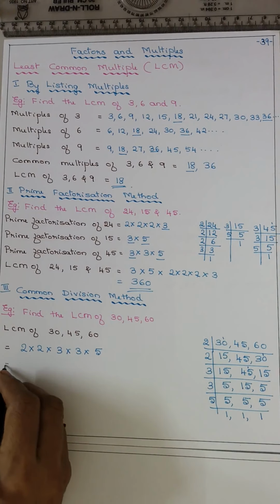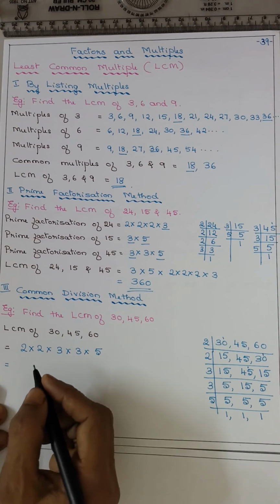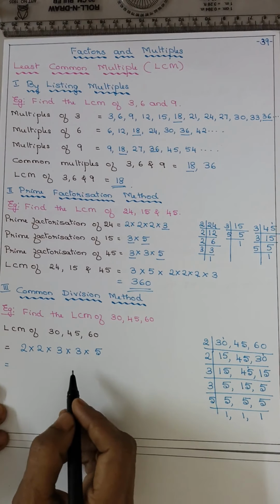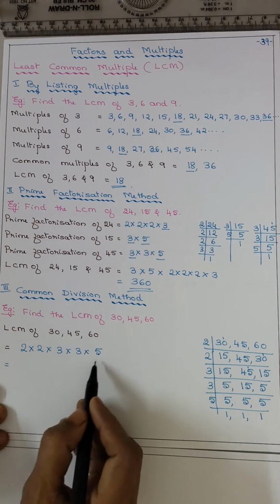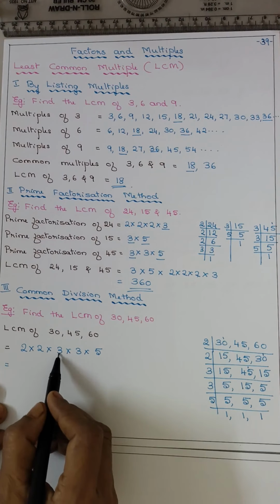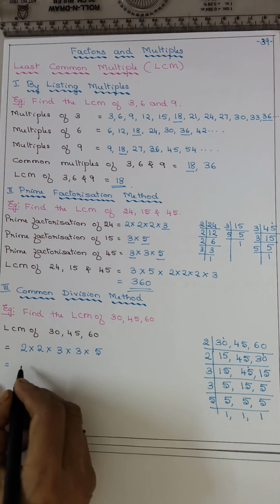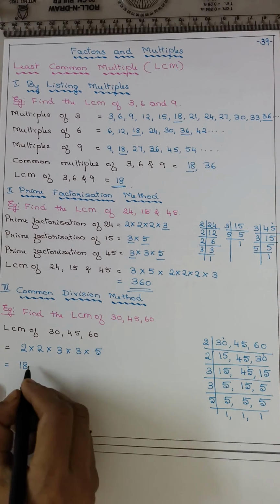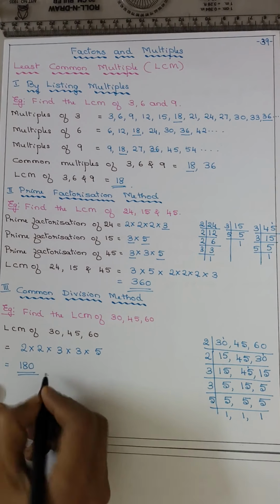Now while multiplying it will be a big number, isn't it? So multiplication में संभल के करो. 2 5s are 10. फर्स्ट उसको साइड में रखो मल्टीप्लाई करके. 3 3s are 9, 9 2s are 18, 18 10s are 180.